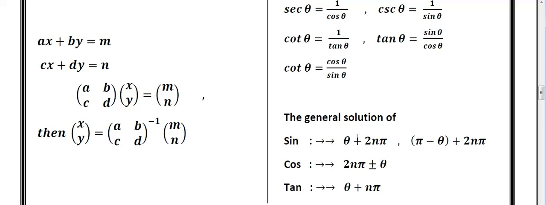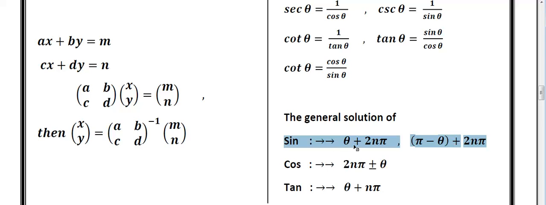of sine will be theta plus 2 pi n, or 2 multiplied by n pi. Cosine will be 2 n pi positive or negative theta, and tan equals theta plus n times pi. But in sine we have a general solution, positive or negative. Okay,